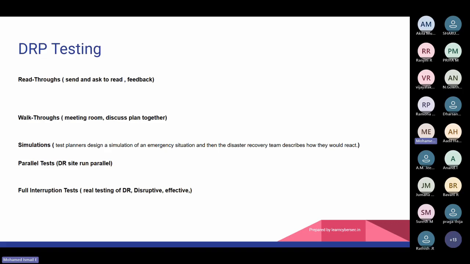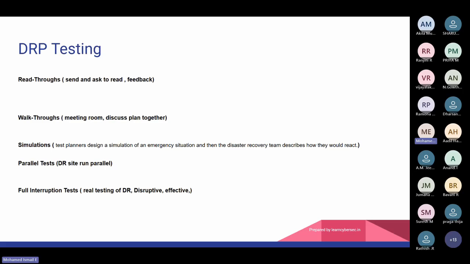Then parallel test. They will bring up the DR site. It could be a warm site or hot site. They bring it up and see what challenges they are facing without a disaster situation. Let's say a flood is not happening. On a normal day, they ask 15 employees to go to site B, which is the hot site, and work and see what the challenges are. Let's say while going, the employees are not allowed into the office, or they don't have enough space to stay there. Those challenges will come when you do a parallel test, because you are preparing your environment for parallel testing.